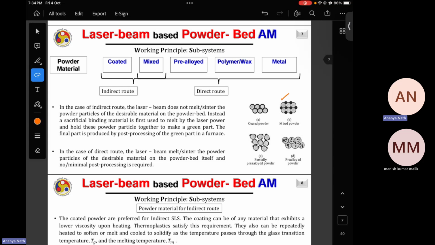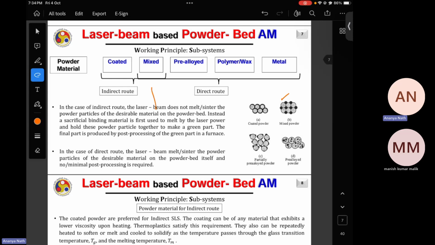So this is one. Pre-alloyed means, let's take one example. If I'm working on nickel titanium, or I am working on copper nickel. So there are two examples. One is nickel titanium, one is nickel copper. So pre-alloyed and mixed, these two are the variations. The nickel and titanium can be mixed together. The nickel and copper can be mixed together, just like mechanical mixing.